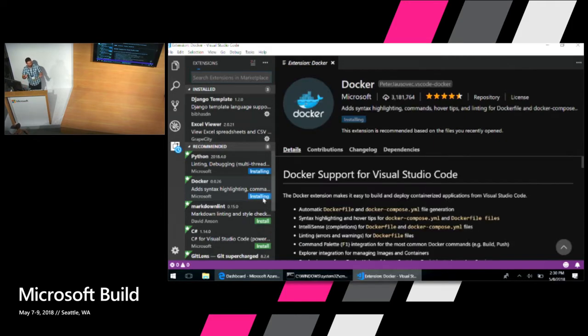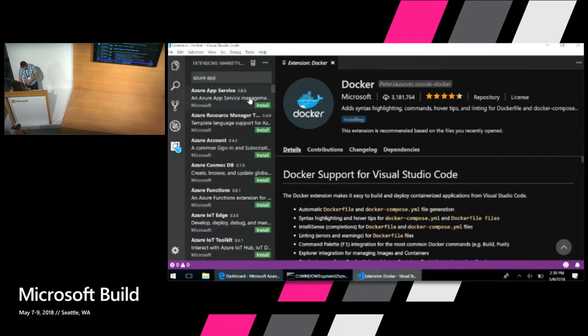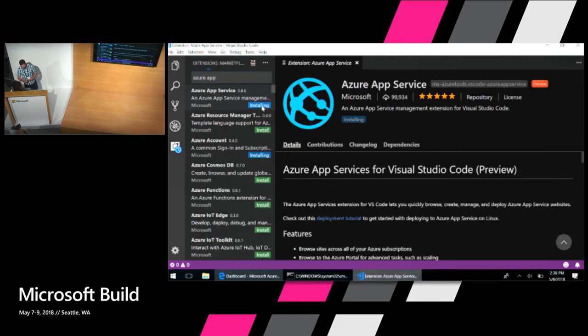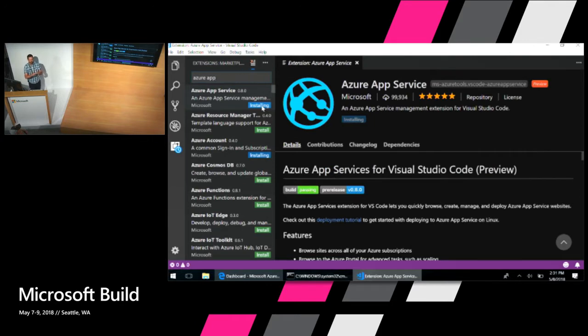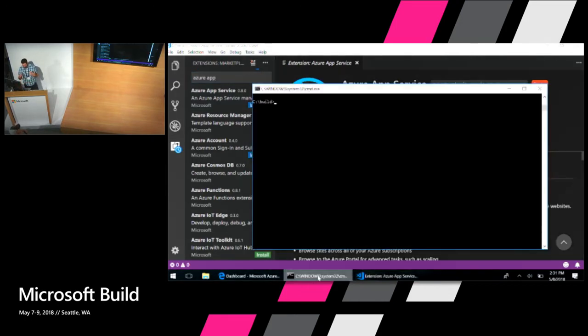I'm going to install Docker, because I mentioned I'm going to need Docker. And then I'm going to install the Azure App Service extension. All right, so with these three extensions, I've got Python, Docker, Azure. Makes sense, right? OK. So while those extensions are installing, I'm going to go ahead and get my code down